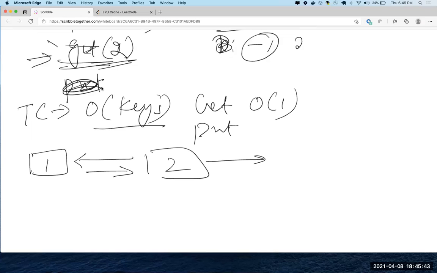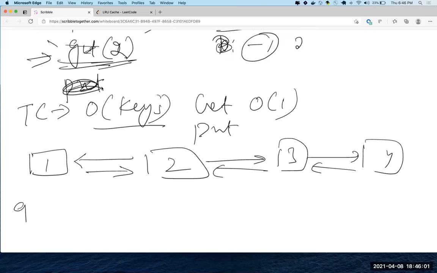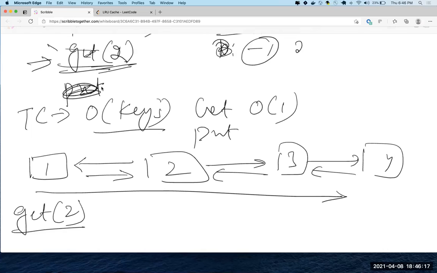Okay, you say it's a doubly linked list. Actually, it doesn't matter, I think. I'm just trying to think if a singly linked list is also going to be okay. Let's say the capacity of this LRU cache was 4. So we have these 4 items: 1, 1, 2, 2, 3, 3, 4, 4. I'm having the key and the value the same for both. Now when we do a get of say 2,